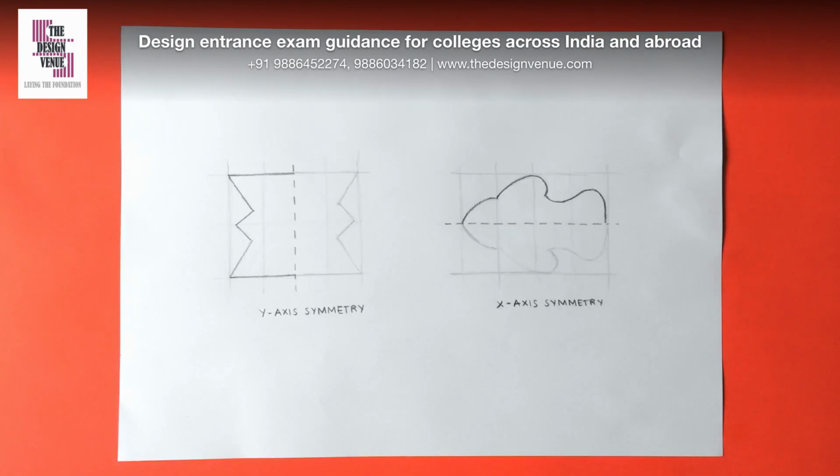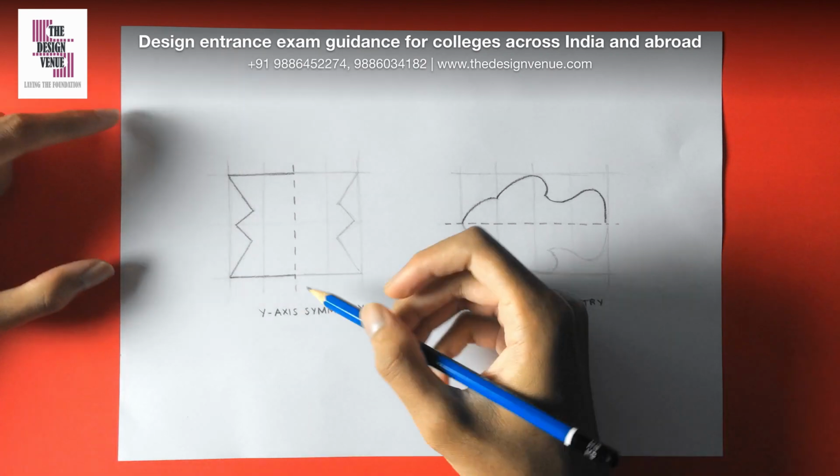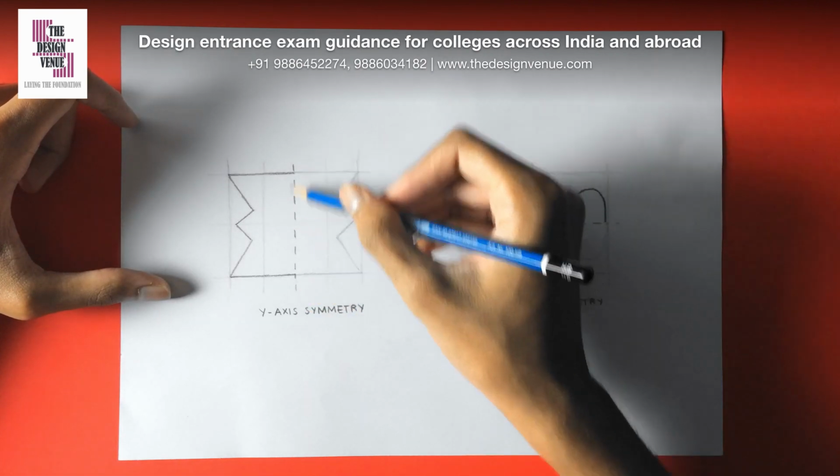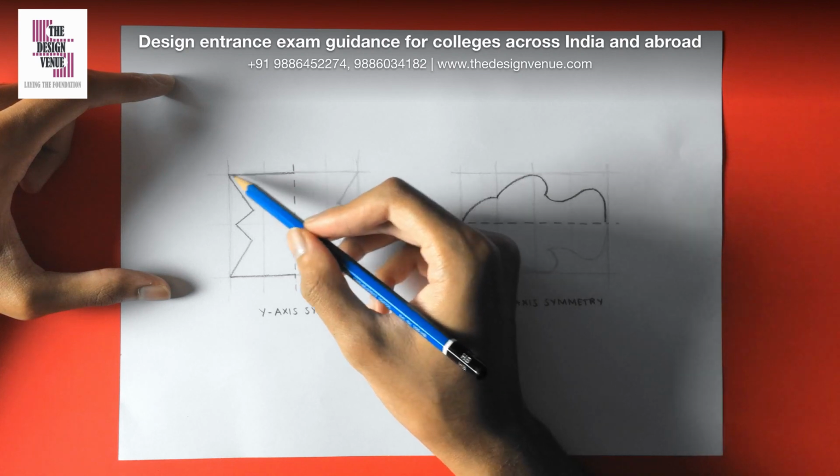Another type of question is about mirror symmetry. So you can be asked to make the design symmetric around the x or the y axis. So let's see how to do that. In this case, I have the y axis symmetry. So I'm going to be drawing a line which is the y axis here, and I have to duplicate this